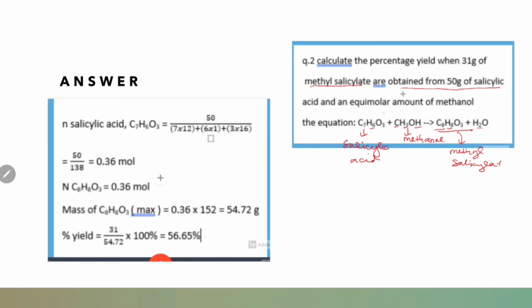The number of oxygen, 3 plus 1, 4. Here 3 plus 1, so it is already balanced. So the coefficient is 1 to 1 to 1 to 1. So we start from the data, 31 grams of methyl salicylate. That's the actual